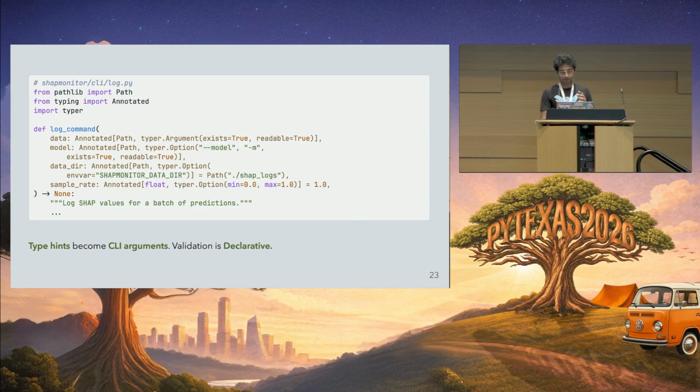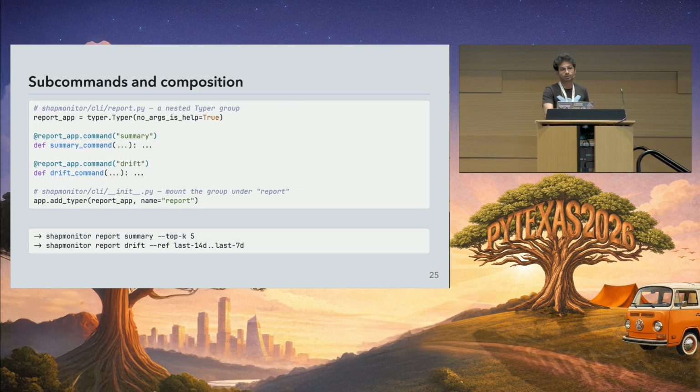And then finally, the best one is the data directory. Here you can see the config hierarchy coming into play. You can override this flag as --data-directory, but there is also an environment variable. You could have that exported, and set that to use it. That's the second priority that takes place. And the last one is just the path of shap logs. That comes into play. Even for the sample rate, we have a check, where it has to be between 0 and 1.